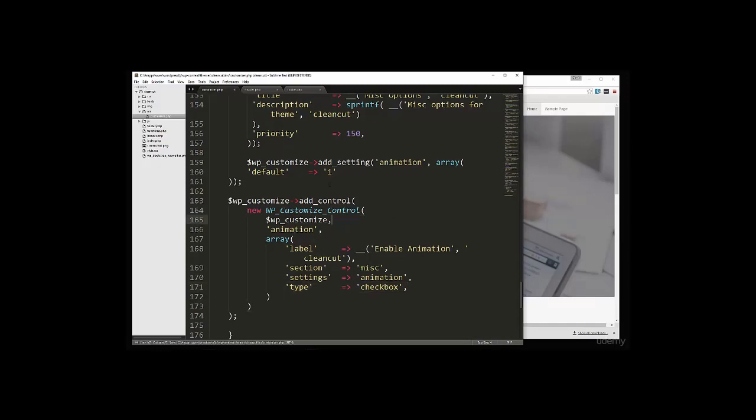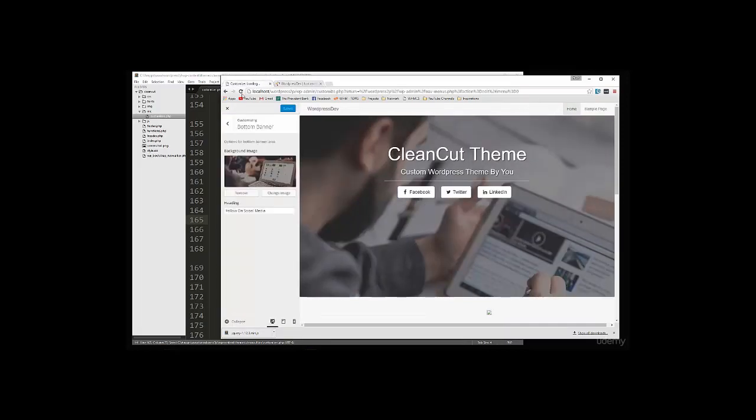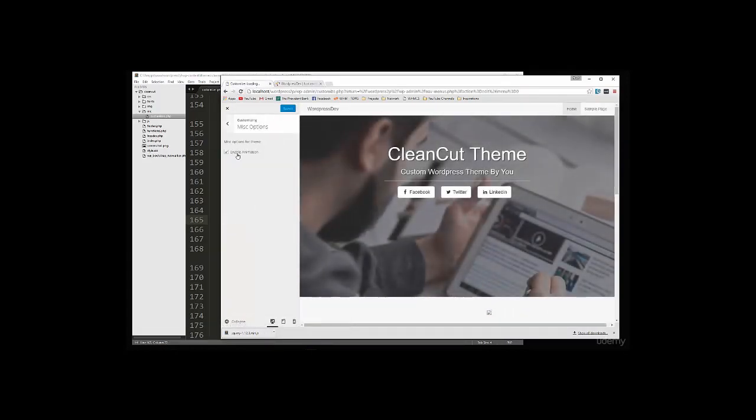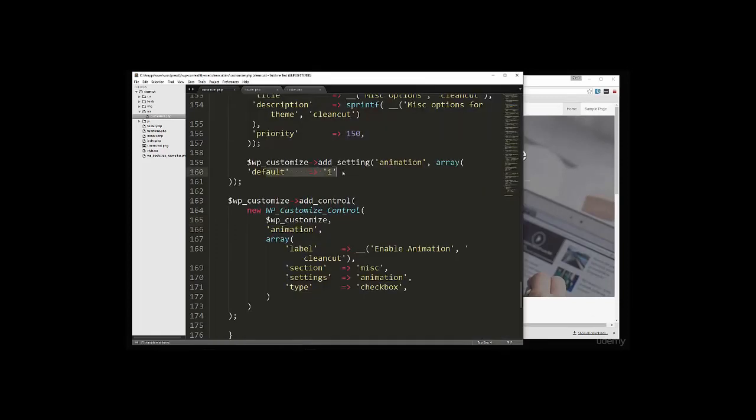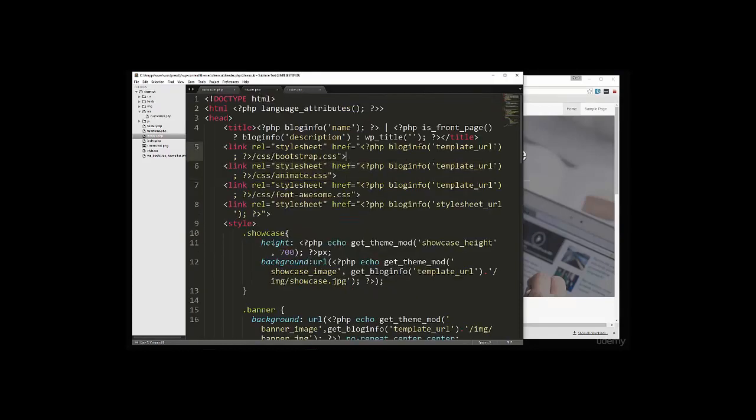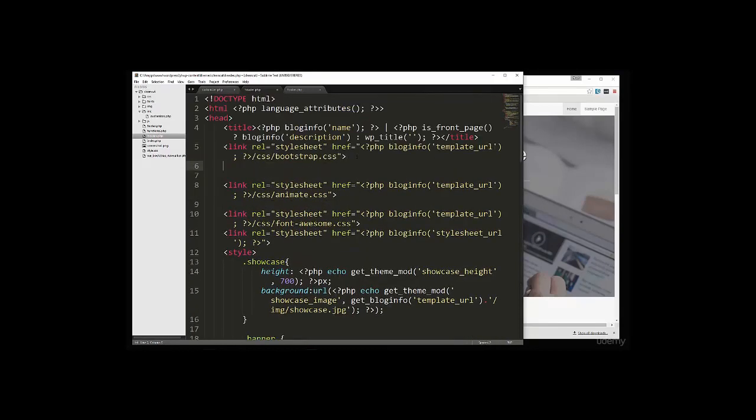So let's save that. And now in the back end, we should see a new section, misc options, and we have enable animation, which by default is checked because we set the default to 1. So now what we want to do is go back to the header, and like I said, we're just going to have a conditional statement here, and we're just going to say